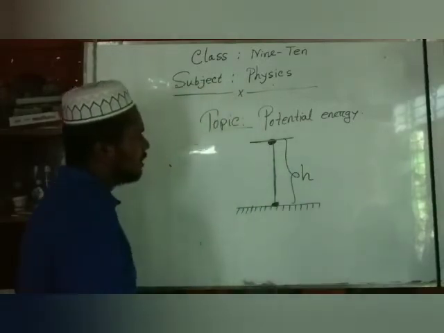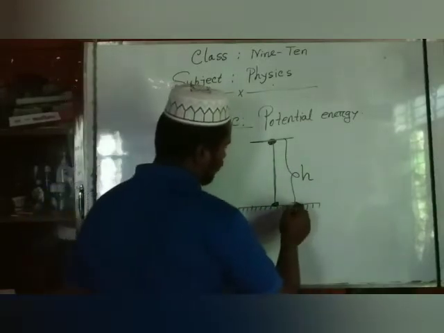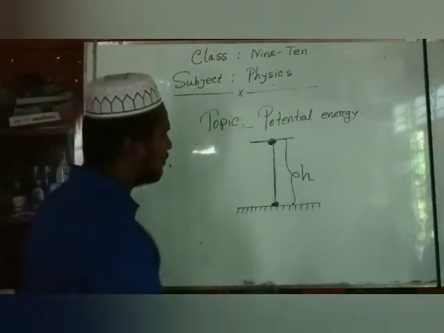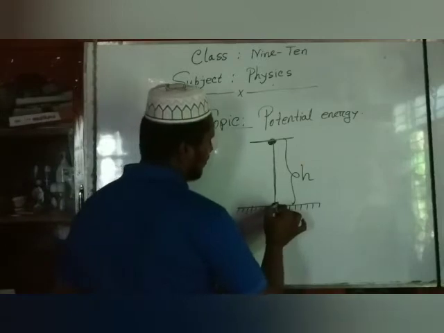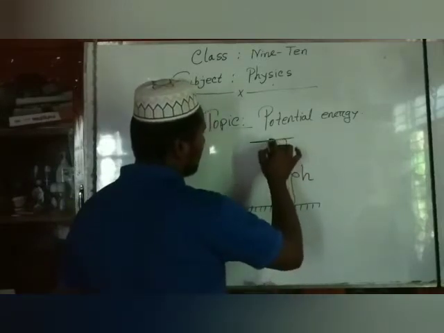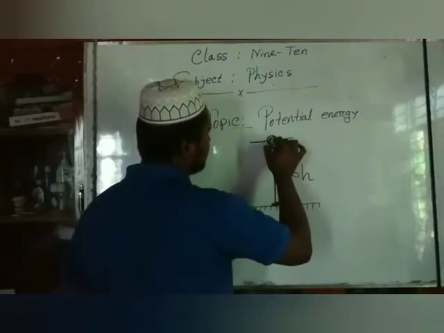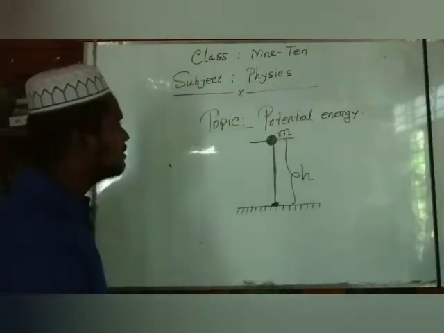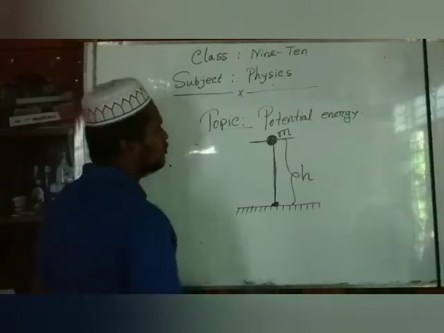Dear students, if an object moves from one place to another, that means it travels a height s, and its mass is m, then we say that the work done W